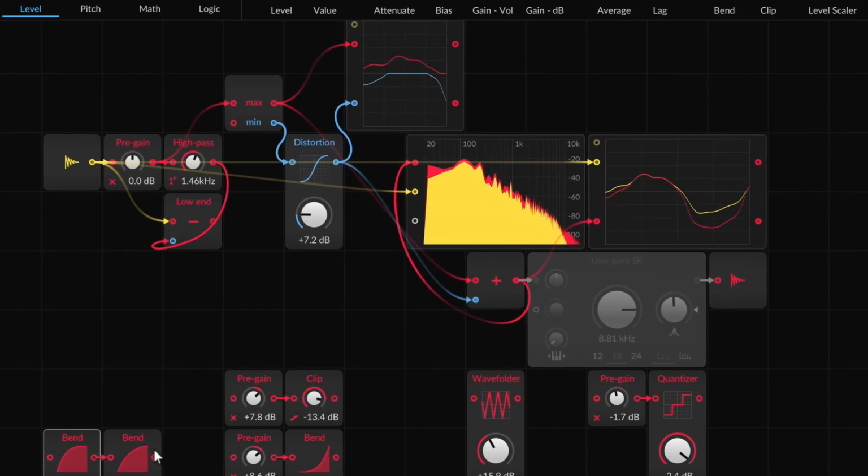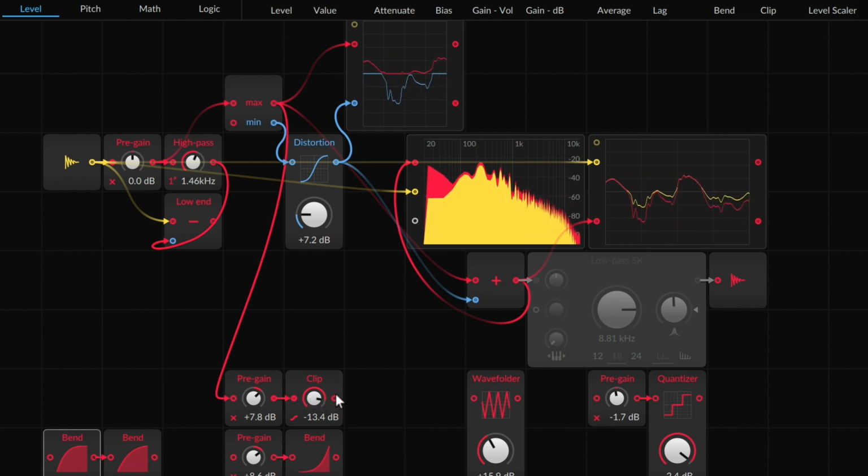Now again, we could still add something fun to the high portion of the signal if we wanted to. Maybe there's a little bit of clipping going on. But it's that difference of how the positive and negative parts are treated that gives us a characteristic sound.